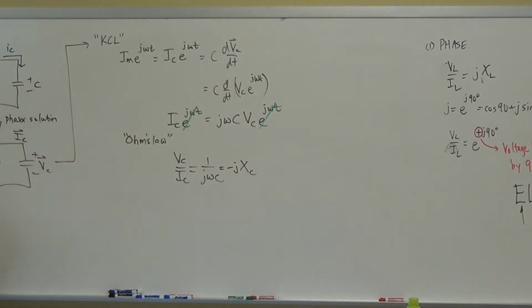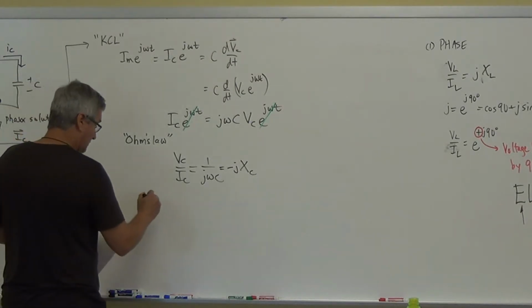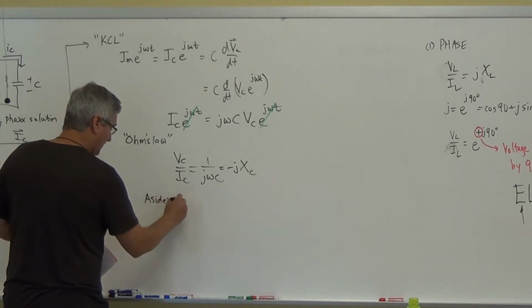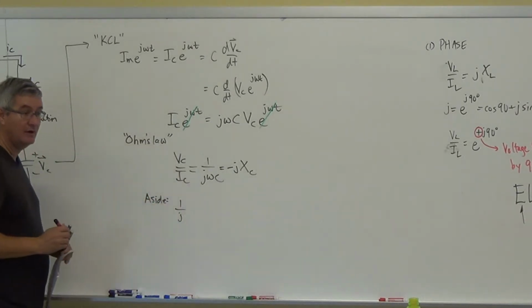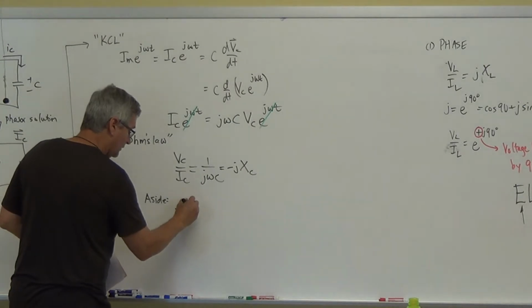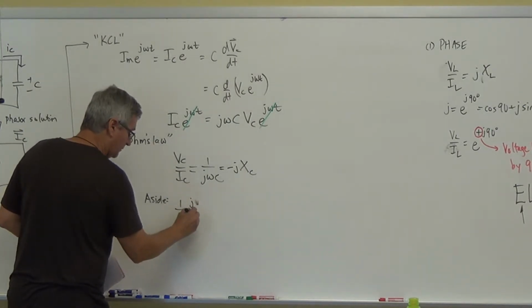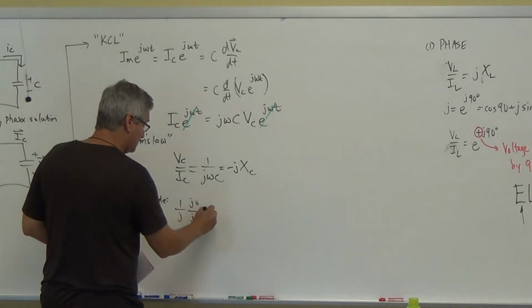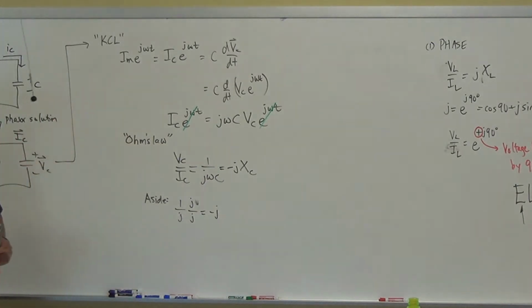Now the question is, how did I get the minus sign? So if I just do a quick aside here, note that if I have j in the denominator, I can also multiply by j star. So I could multiply j times j, it's still 1. Then it brings it up and I get minus j. That's where I get that minus j. So that means here,